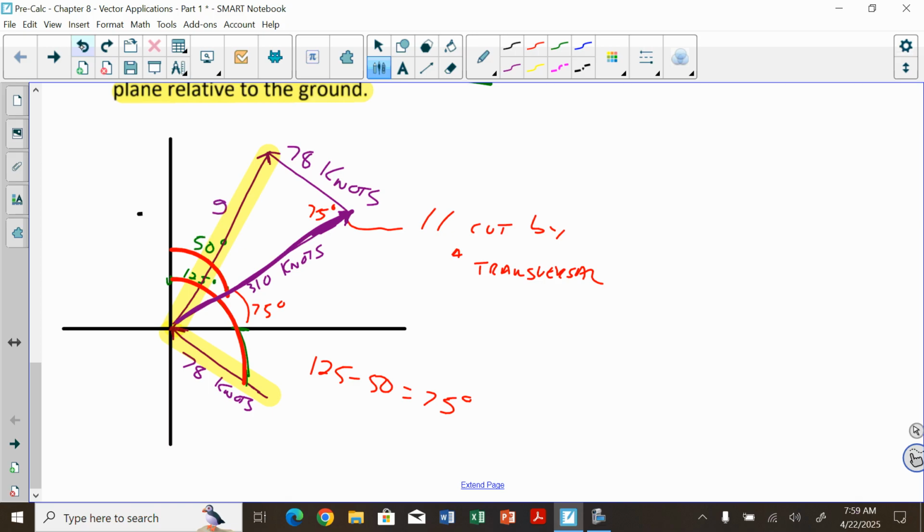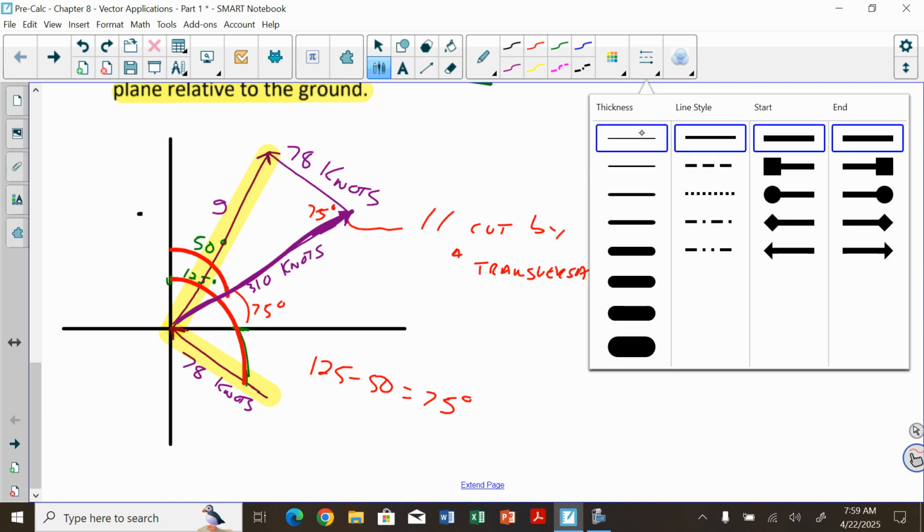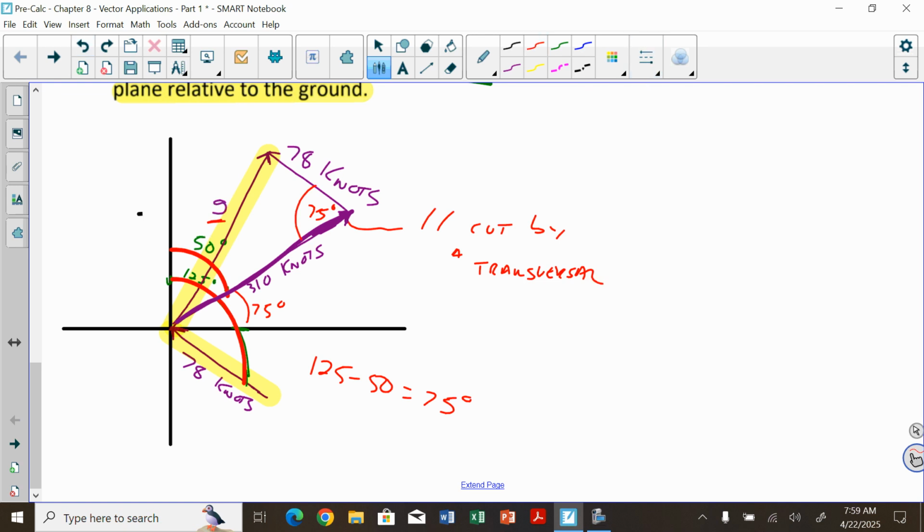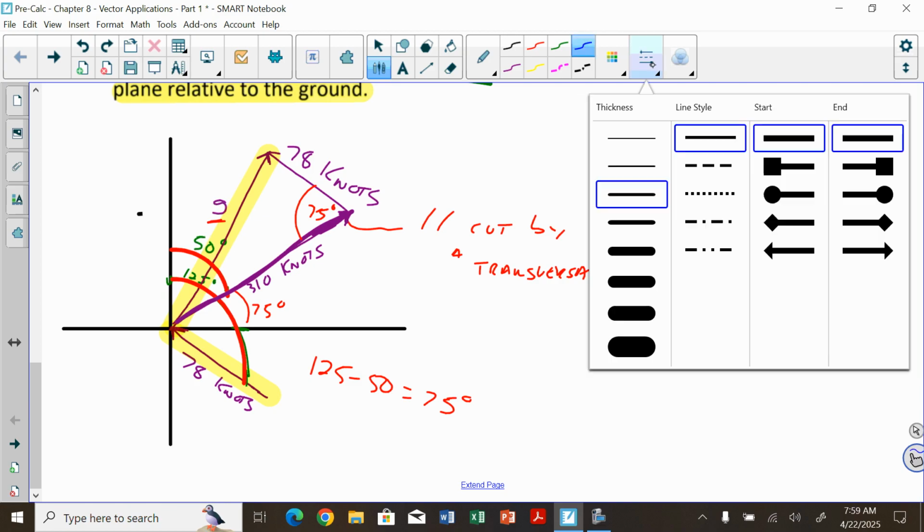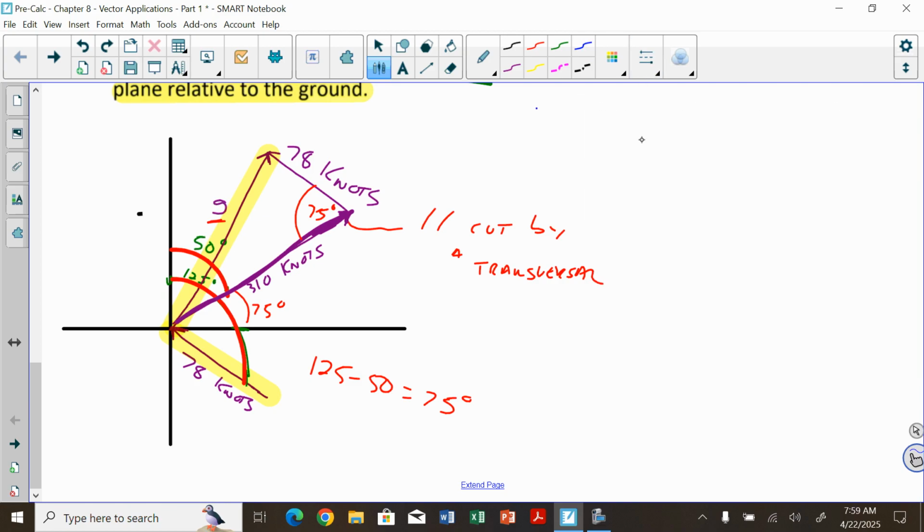All right, so now I have a little bit of information I can use, because I've got the angle that's opposite my g here, which is 75. So now I can go ahead and use the law of cosines. I've got enough information. I'm looking at c squared equals a squared plus b squared minus 2ab times the cosine of c. That's the law of cosines. Really, my c technically is g, so I'm looking at g squared